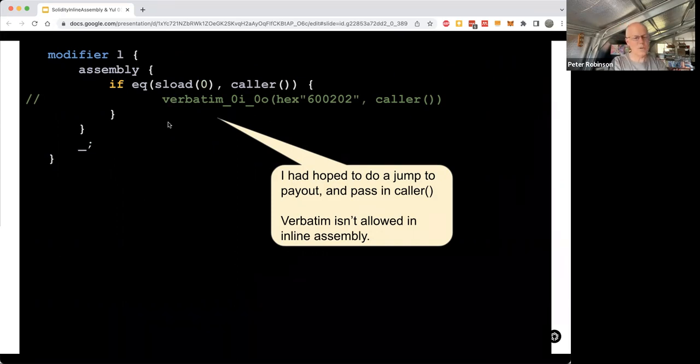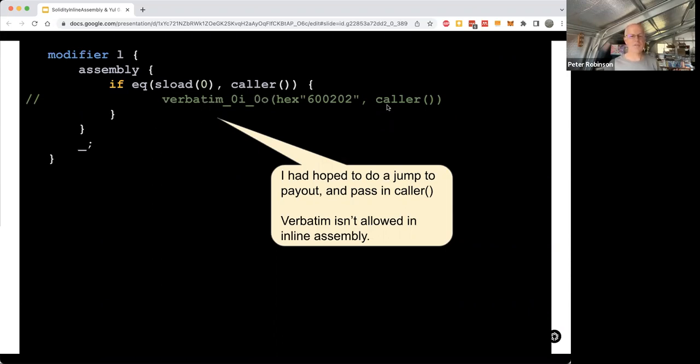which I would have thought would be useful, because you know how I talked about you're on an EVM that isn't the Ethereum EVM, and they've got some extra opcode that you want to execute. That would be a really good way of doing it, where you put in verbatim and you put in the opcode, and then you return a value based on that opcode. Say, for instance, before Yul supported returning the chain ID via the chain ID opcode, you could imagine that could have been a useful thing to do. But anyway, you're not allowed to do that, which is really annoying, because that had been my cunning plan, to have this code